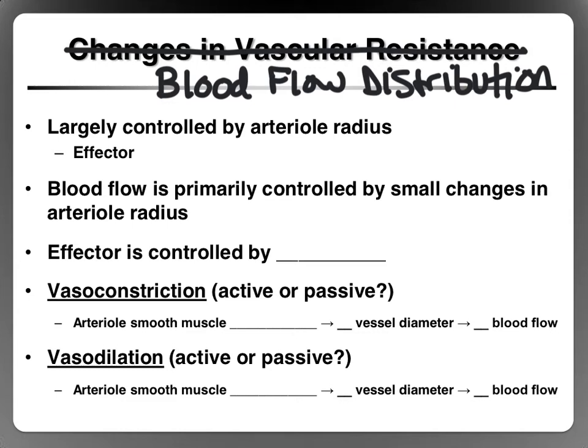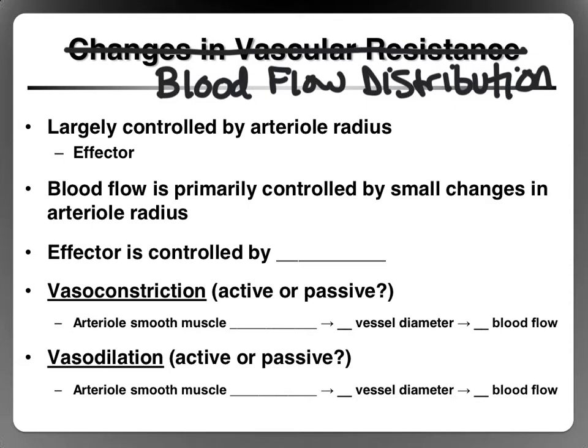We're going to talk about blood flow distribution. So I've changed the title of this slide. Blood flow distribution, basically what we're talking about is where the blood goes. You've got a certain amount of blood, about 5 liters of blood in the body, and the body has to do several things with that blood. Depending on the demands on the body, blood flow will be distributed to different parts to meet the supply,